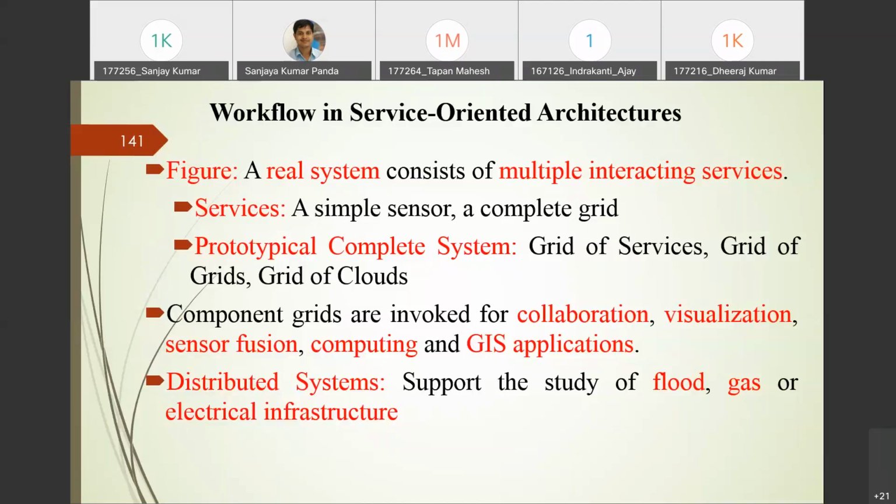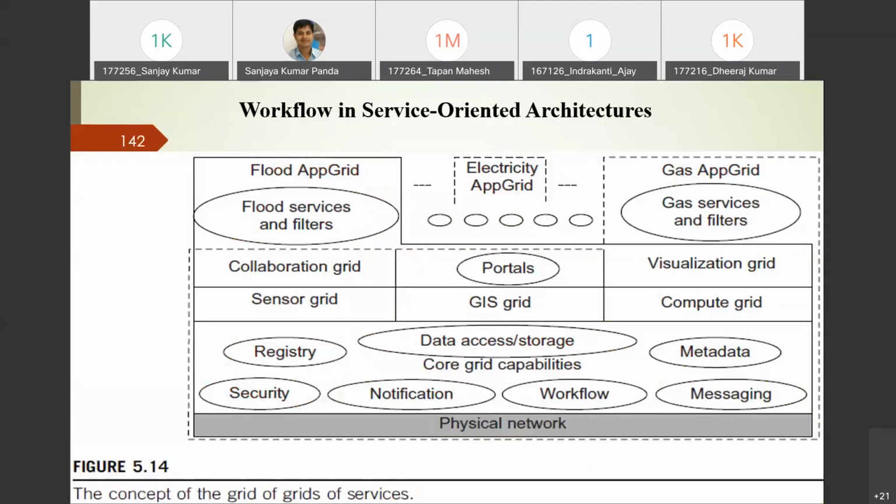So this concept of grids of services or grids of clouds can be visualized in the form of this diagram. You can see in the top layer we have various application-specific services: flood is a specific application, electricity is another, and gas is another, right?